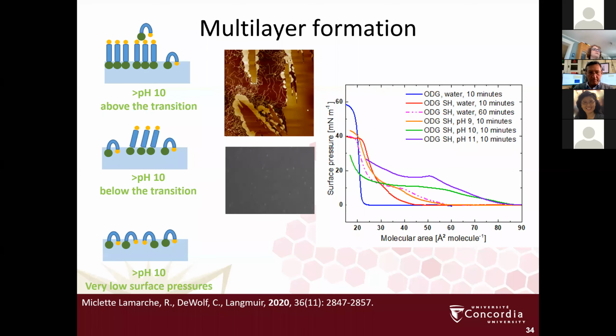So what we think is going on is that at very low surface pressures, we have predominantly our surfactant in the Bola form. At pHs greater than 10, just below the transition, we have that extended and 39-degree tilted phase that we've seen many times up till now. But as soon as we get above that transition, we have a much less tilted phase. We still have this background here.